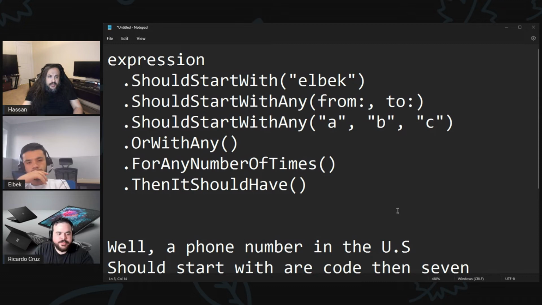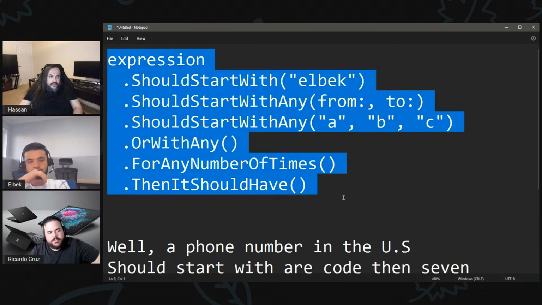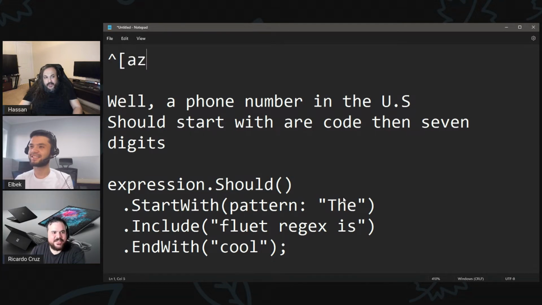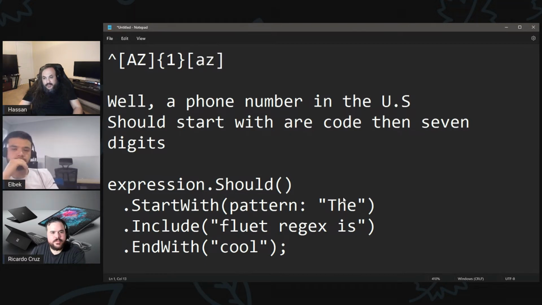Like you're basically going and saying, let's see here. So expression, let's write a real life expression. I want a first name with a space and then last name. Okay? So if I'm gonna go, what does it start with again? Is it this one or this one? I already forgot. Caret, is it caret, right? And then we go and say any letter from A to Z, and it has to be uppercase, right? And that should be exactly one time, right? And then after that, any letter from A to Z, right? For any number of times,